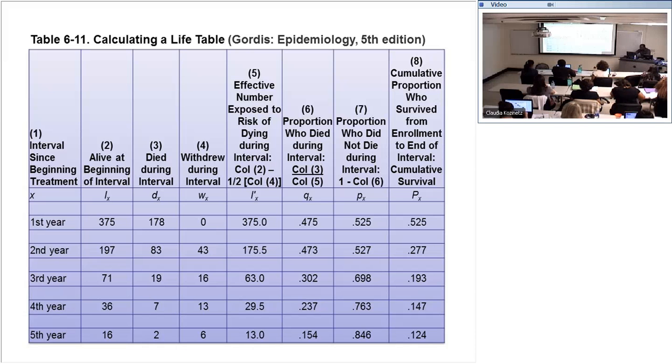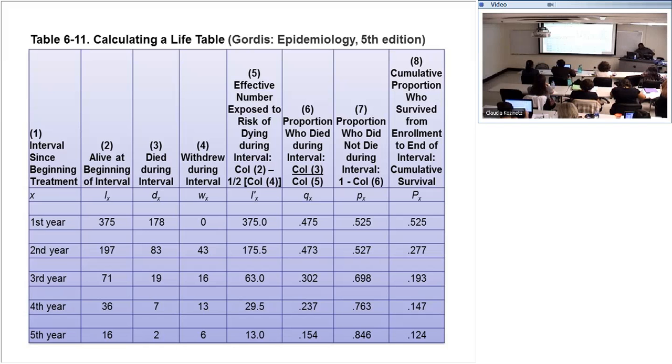Then we need to know the proportion who were alive. And that usually, you can just subtract 83 from that. You get everything. You take into consideration the loss to follow-up and then divide by this. Or you can subtract this one from 1, because those who survived plus those who died will give that 1.